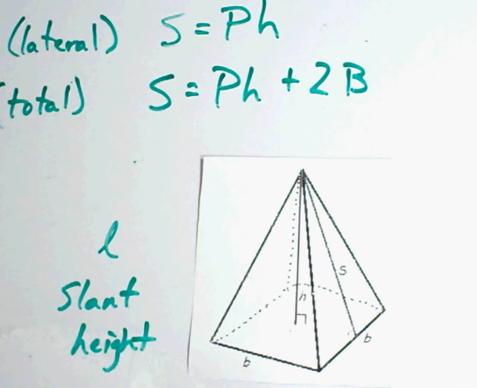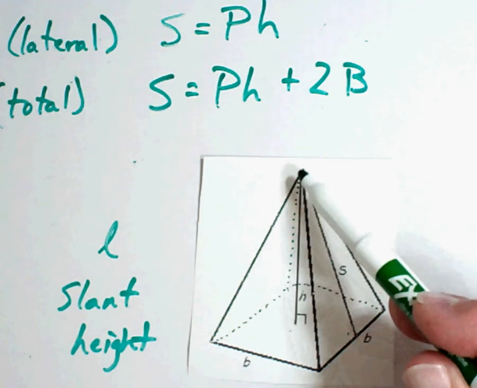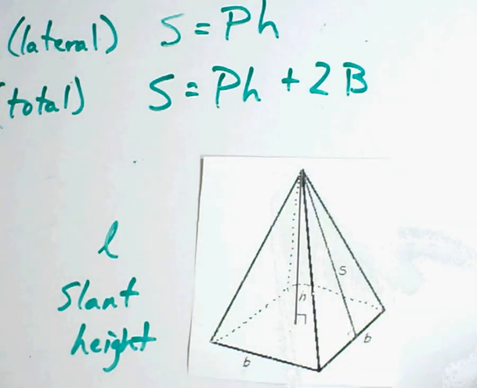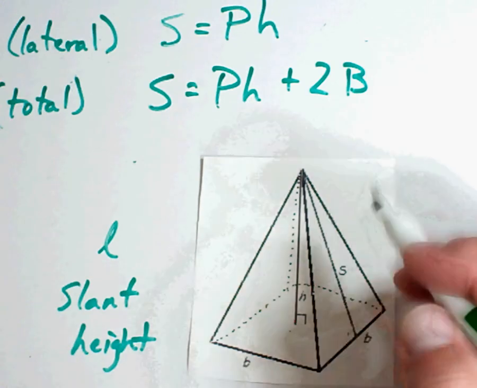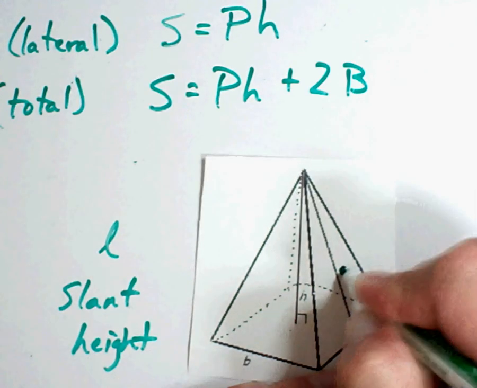The slant height. If you look at this picture, see this H in the middle? That's how tall this pyramid is from the bottom to the top. And we'll use that in one of the formulas. And then the other one is not an S anymore like it is in this picture,